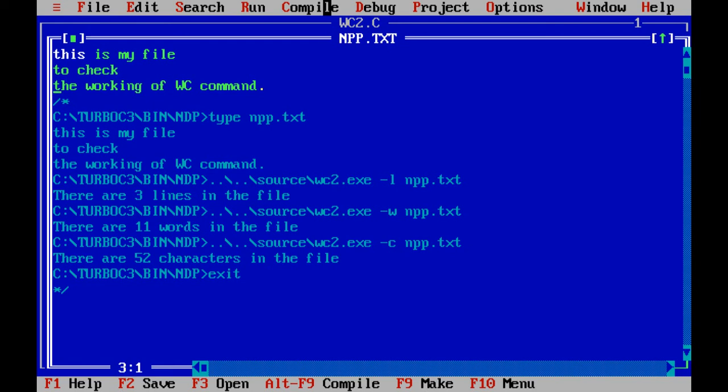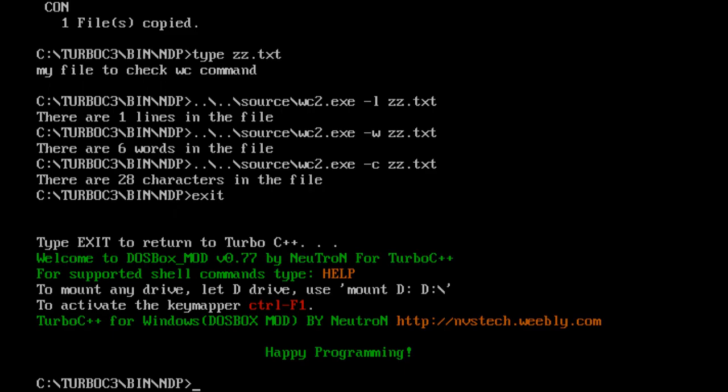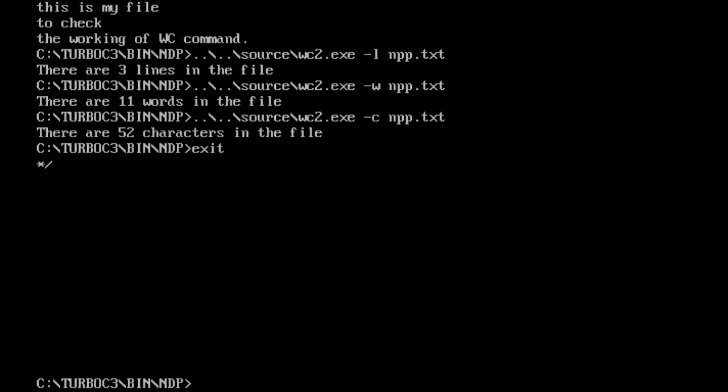When I press enter, the file gets created and I'm unable to type the next sentences or next lines in my file. So this is what I have done. I have created a file in here. I have typed 3 sentences and saved it as a txt file. Now let us go to DOS shell and check whether we can see the contents of this file. So the file is npp.txt. So it is showing all of the contents.